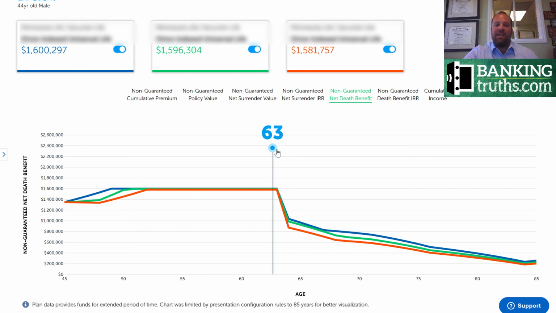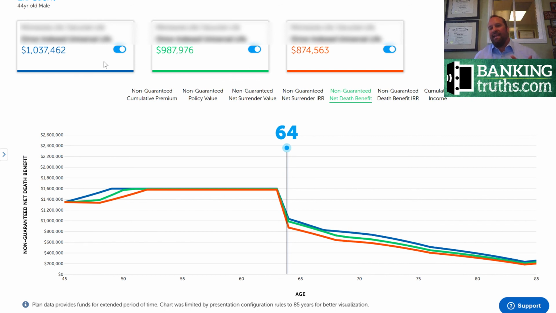And then what we do here to maximize income is we drop the death benefit right before we take income to the maximum allowable level that the IRS will let us squash the death benefit to. And notice part of how we make the income competitive for these late funded scenarios is we're able to more aggressively drop the death benefit.